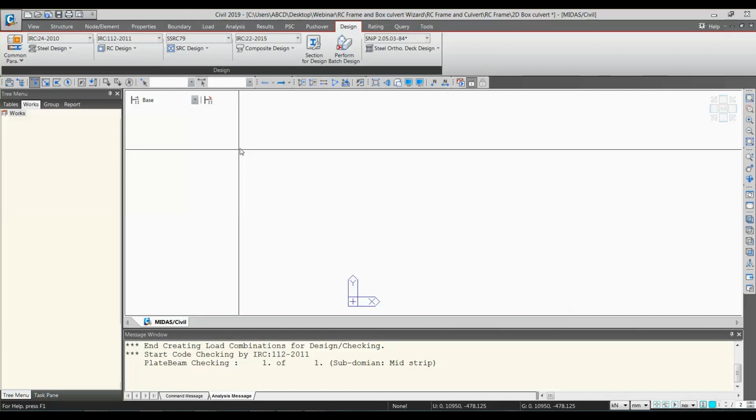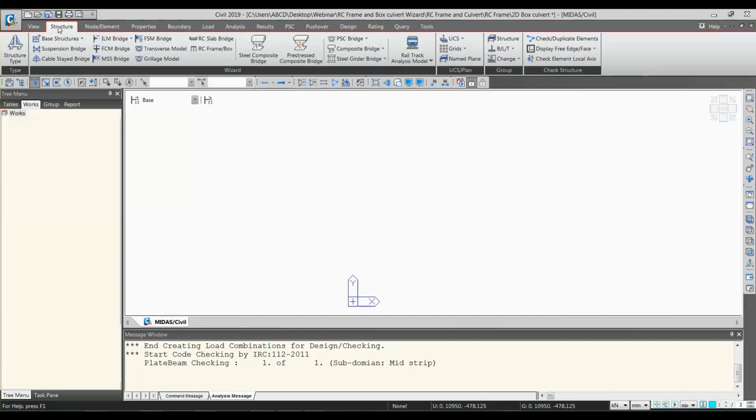Okay, now start with the box culvert. So now same method, same wizard we will use to generate, but right now in the culvert we will also see how the moving load can be applied on the 2D culvert, and how the support conditions are generated in the wizard. So these are two main points while dealing with the culvert wizard that we haven't covered in the frame.